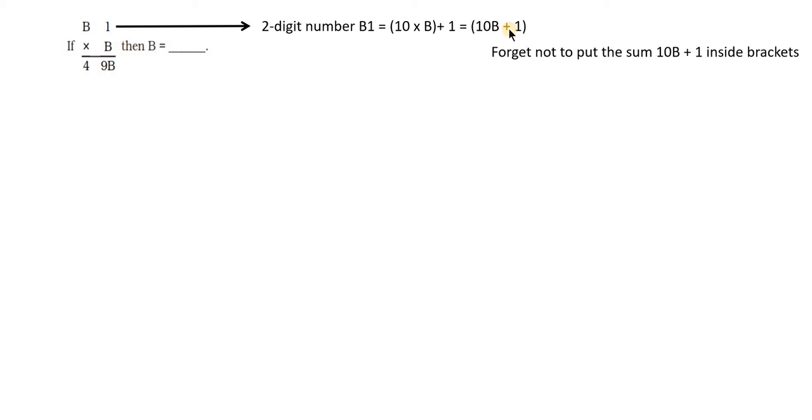See here, this 10b plus 1, we have put inside the bracket, which is taught to you in algebra. When two algebraic literal variables like a, b, x, y are added, the answer will be the literal variables connected with the symbol plus, and the answer will be put inside brackets. So that custom I have put here too. Do not forget to put the sum 10b plus 1 inside the brackets. That is necessary and emphasized.